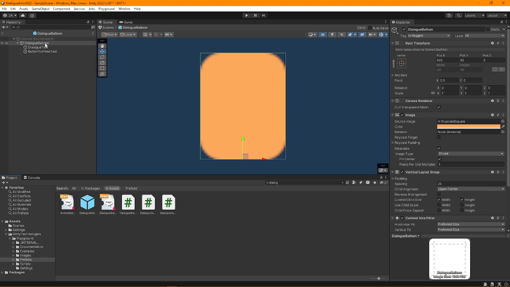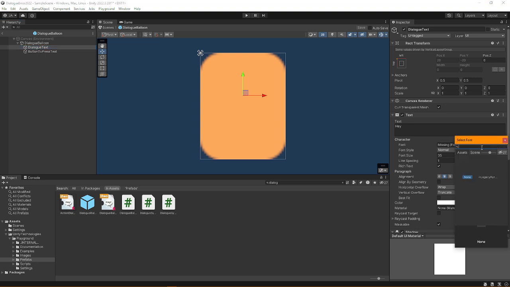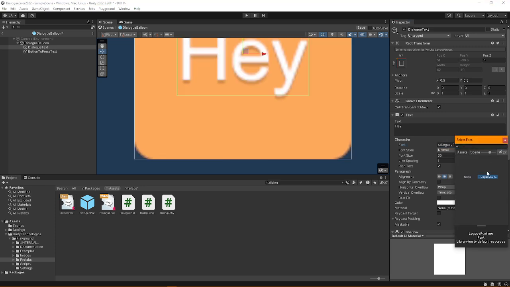And there are a few components. There's the balloon itself, which should be scaling according to our text. There's the dialog text, which currently isn't showing up for us. If we select it and go over here to the right, we can see why. The font appears to be missing. So something must have gotten removed in the 2022 version of Unity that is no longer allowing our dialogue to work. So if I just click that little target button over here and select Legacy Runtime Font,